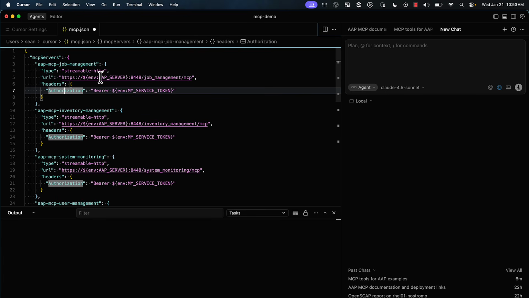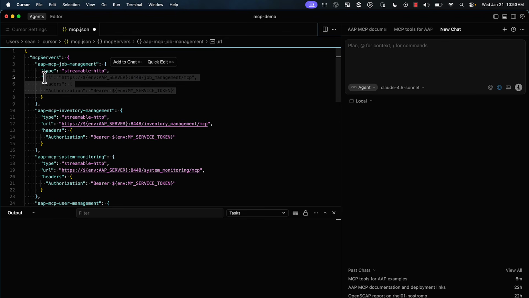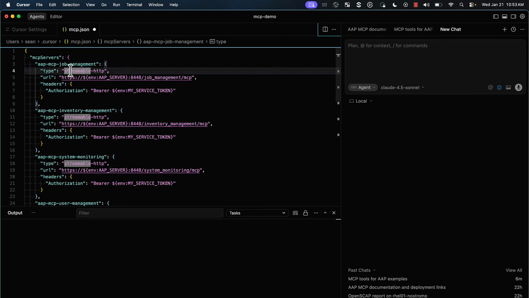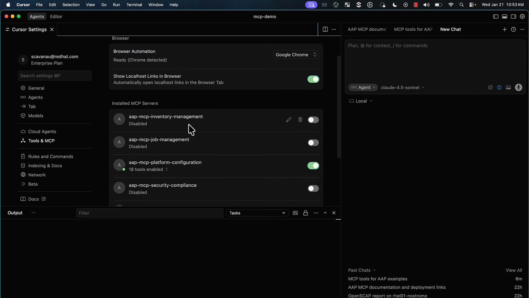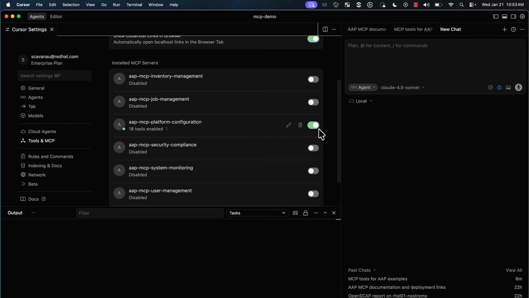So the first thing is AAP server. This is taken from my ZSH startup, and this is my environment variable for my service token. So we need those 2. And the other thing to take note of here is I put type to streamable HTTP, and this is how it's communicating. So if I click X on this once I'm happy with it, and it's legitimately, I'm going to save it,